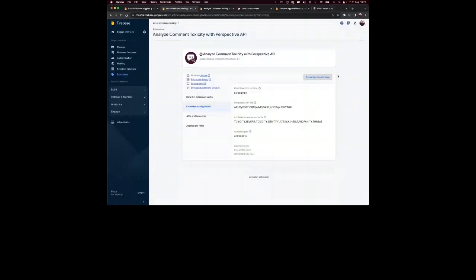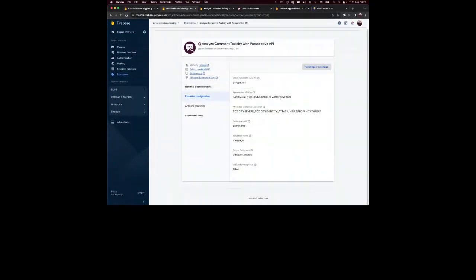I'll click on this, and you can see here I've added my key and several different options for how I want my comments to be analyzed. In this example, again, I want the collections path, and the same field, I want message, and I want it to produce the output into a set of attribute scores. If we look at the example that we added earlier in our database,